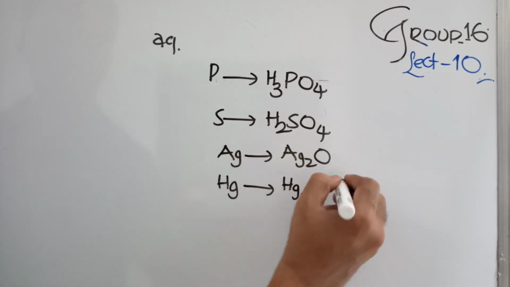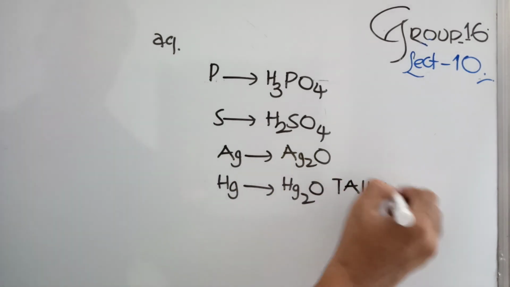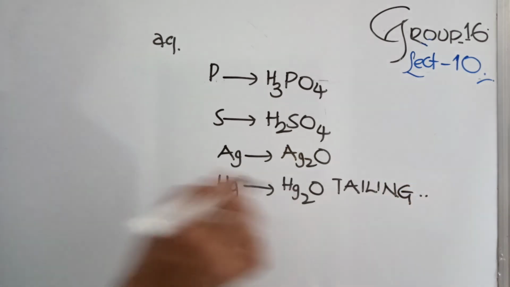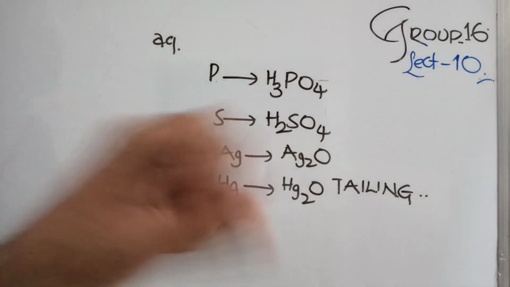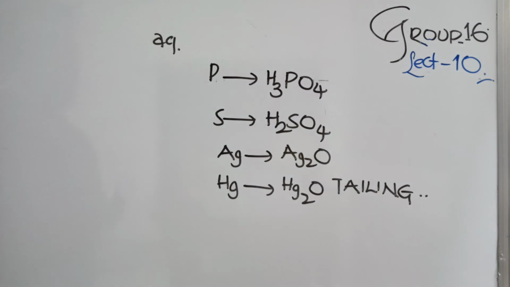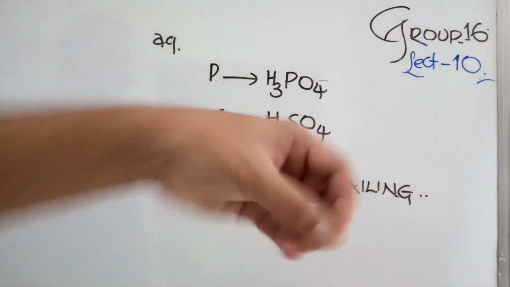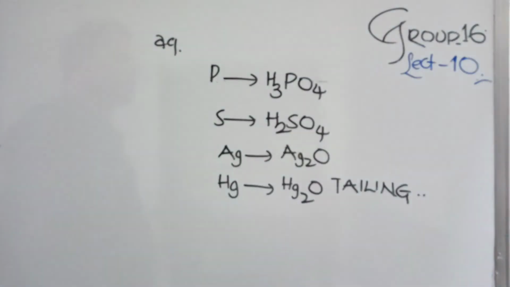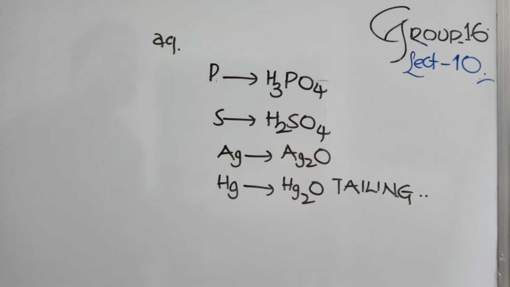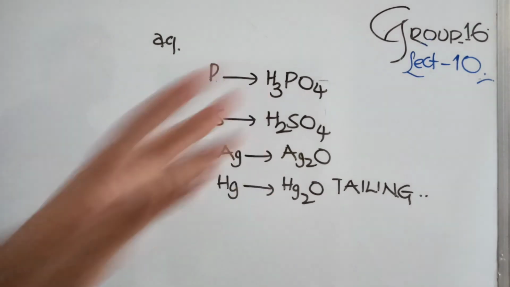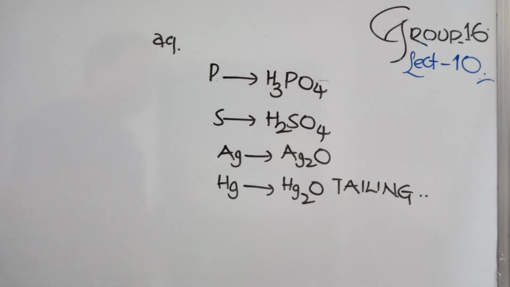This reaction is called tailing of mercury. Generally, mercury won't stick to any surface. Mercury will always be moving, a mobile liquid. You can go to any goldsmith and you can see. It won't stop anywhere. If you keep it somewhere, it will slowly move from one place to another. But when you use ozone, it sticks to the surface. That reaction is called the tailing of mercury, because mercury is now not mercury, it is converted to mercury oxide.